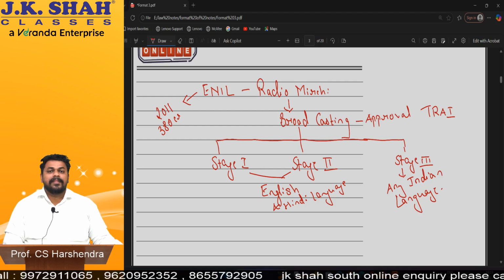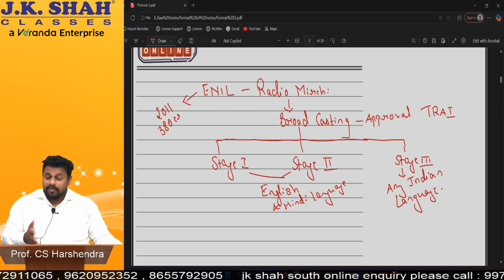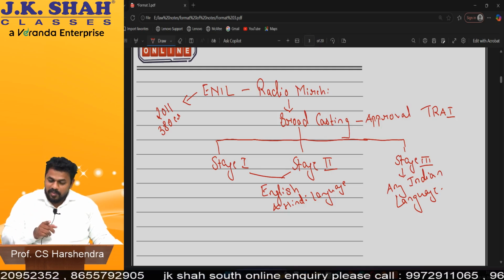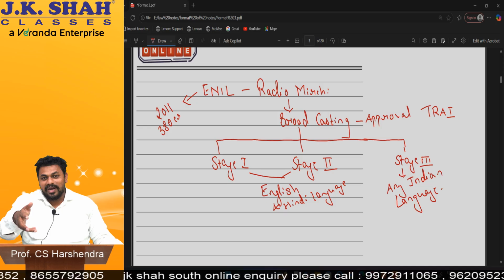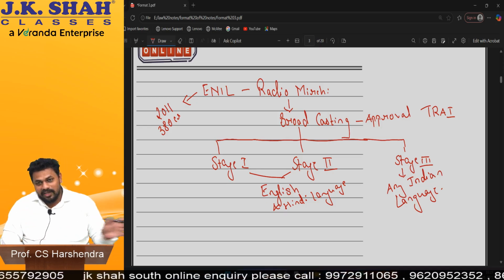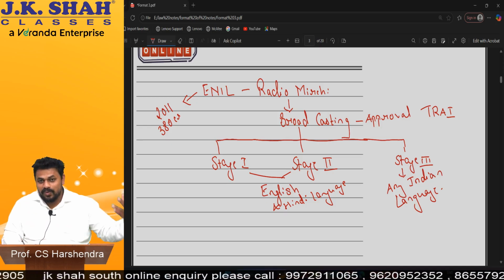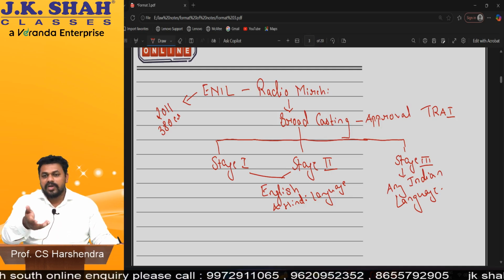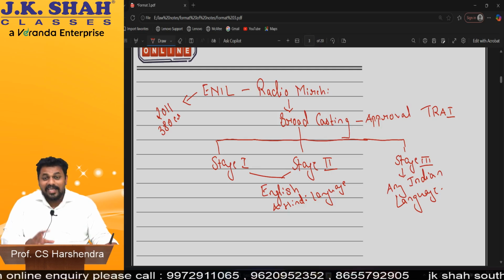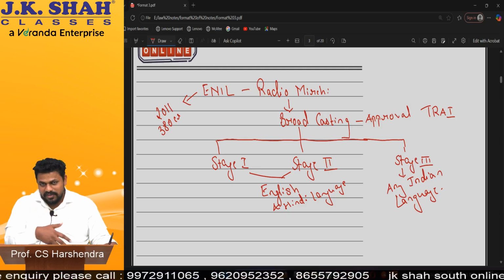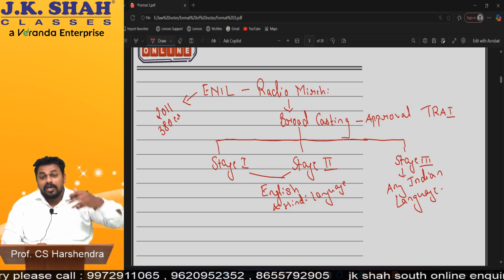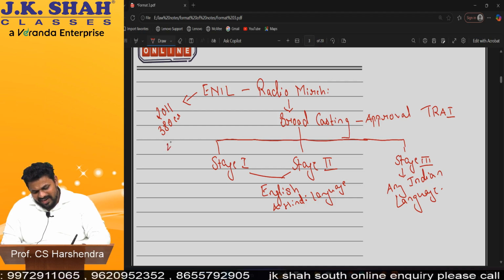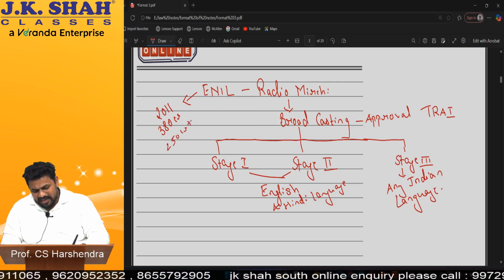Am I clear? You might have experienced it also, like you are in Karnataka. Radio broadcasting is in Kannada. The moment you cross Karnataka and go to Maharashtra, it starts in Marathi. You cross to Andhra Pradesh, it starts in Telugu. It is because of the third stage approval. Radio Mirchi was the first company who did this. First mover advantage they took. For that they had to do satellite configuration. Satellite is not ours, it was of a China-based company, so we have to pay money to them. For that they required some 250 crores or odd at that time.